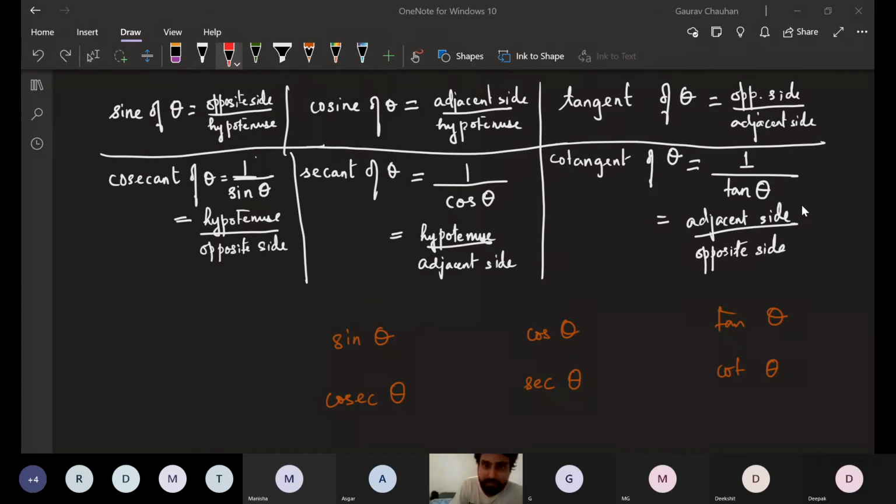Dilruba, you're raising your hand. You have a doubt? Tell me if you have a doubt. Sir, in those three, secant of theta, where did that one go, sir? Where did what go? That one, sir, 1 by. Yes, okay. I will explain that to you now.